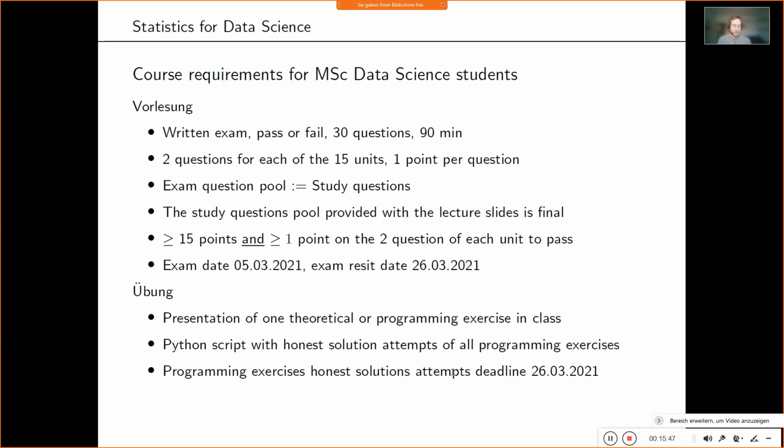Last year, specifically those students who needed a mark, which were not the data science students, but a lot of other students, and there were a lot of people who needed a mark and who actually got a good grade. So it's doable, there's no magic about it, but it requires work. So you have to do the work, and you have to study, and you have to memorize. But you know exactly what you have to memorize, and if you memorize all of it, you will be rewarded. There are no tricks or anything.